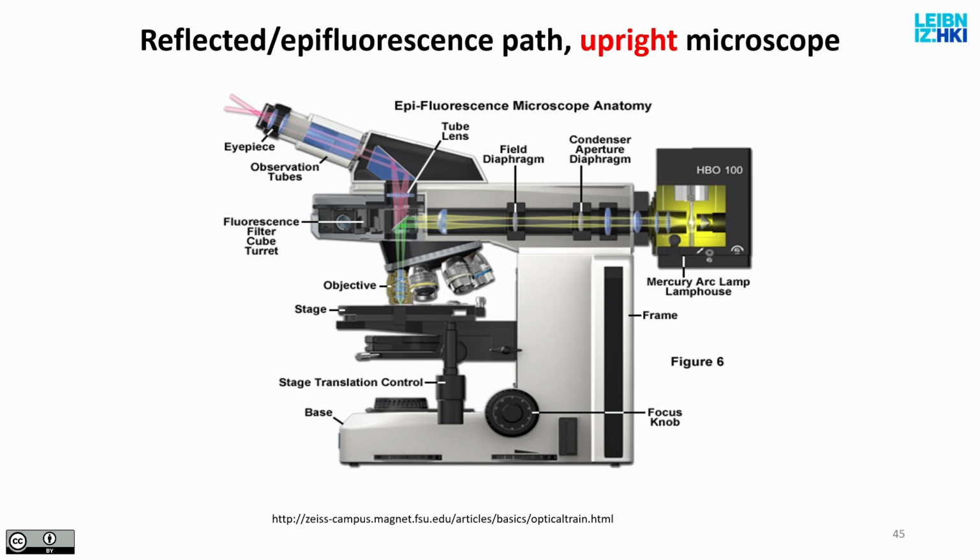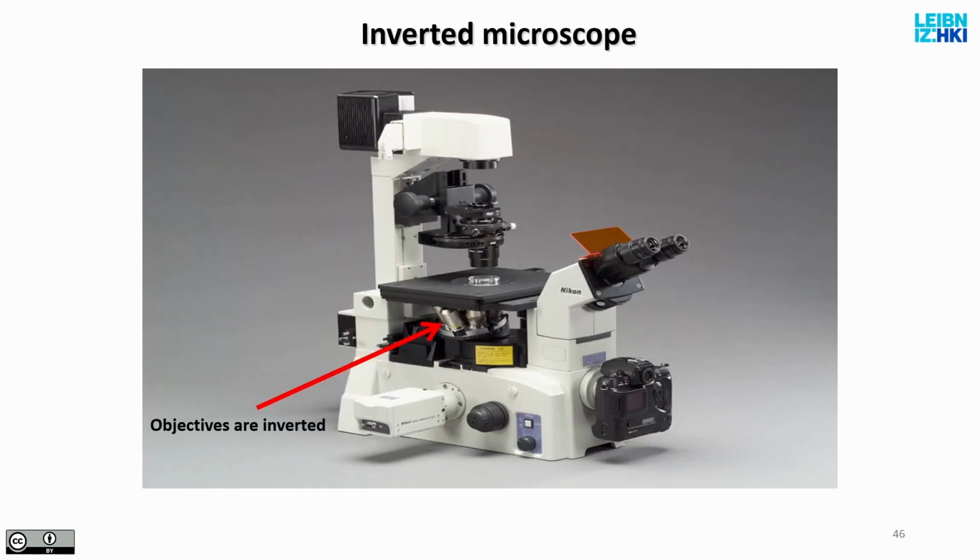But this means that in the numerical aperture, the resolution formula, where you remember we had NA of the objective lens plus the NA of the condenser lens, both of those NAs now will be produced by the same lens, so you only need one high quality objective. In the other configuration, we talk about inverted microscopes,